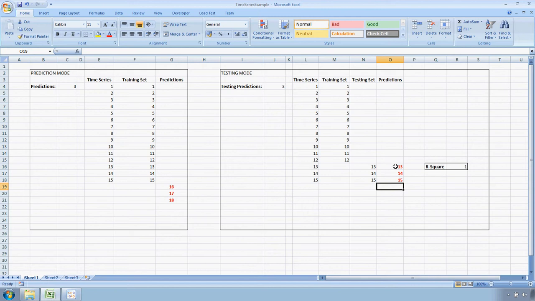Now in demo mode, for example, you don't get to see these values here, but you get to see the statistics. As you see here, the R-square for this case was perfect, and that way you'd be able to assess the prediction power of the algorithm. Now let's look at the real thing. Let's go to GeneXproTools,